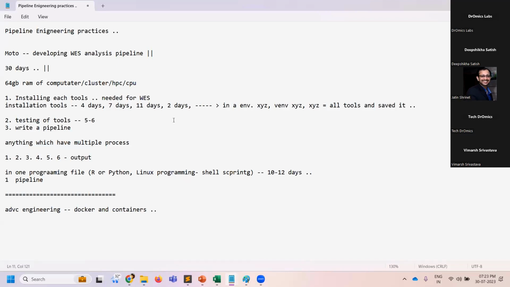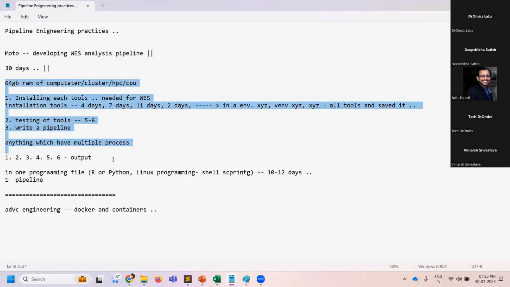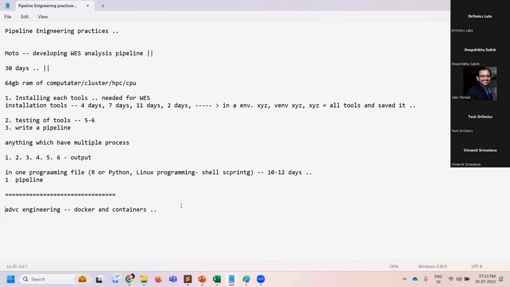Now next, if anyone asks you to write a pipeline, you don't need to install all these tools or the entire thing, right? What you can do is load the environment that you created here, develop the script and run it. That's all. So this again certainly takes a little less time, isn't it? Again, this is taking a little less time. Now what happened?